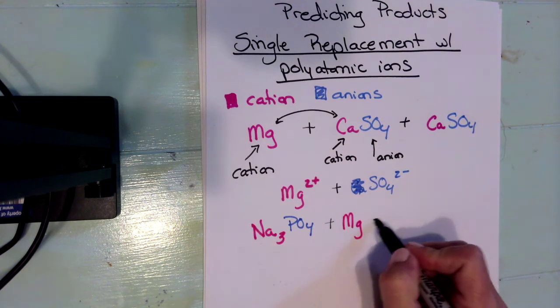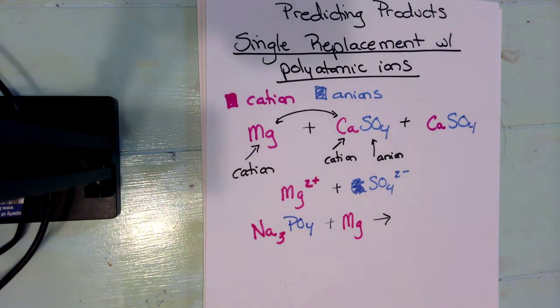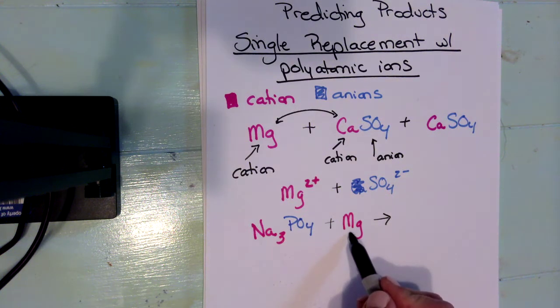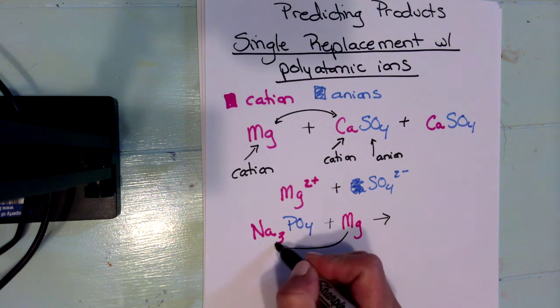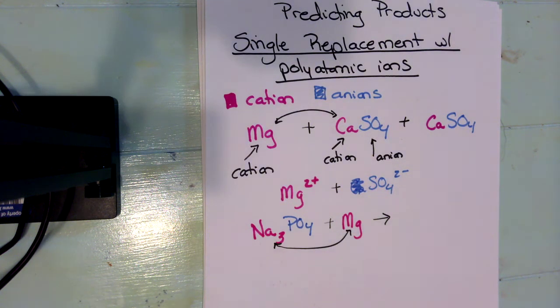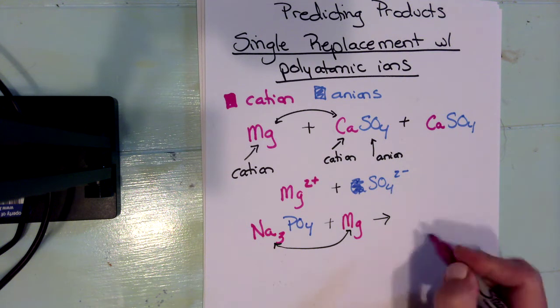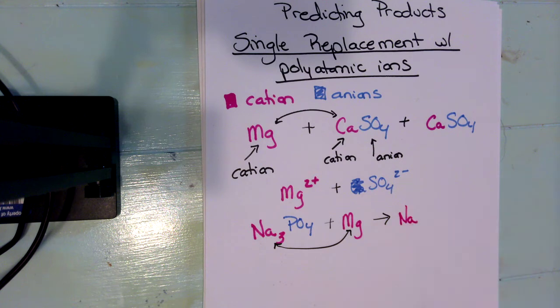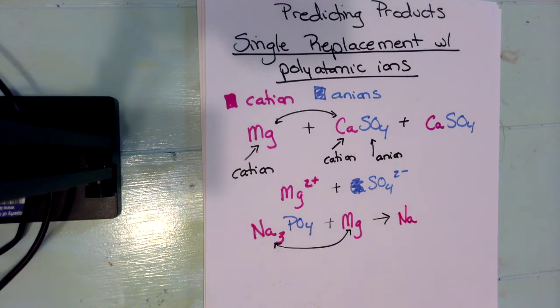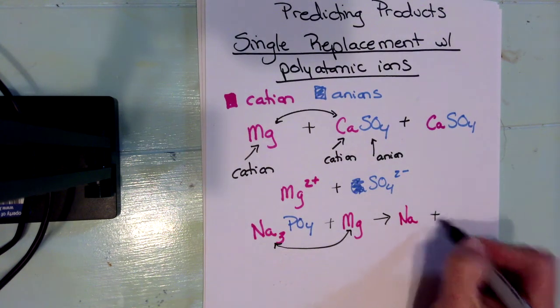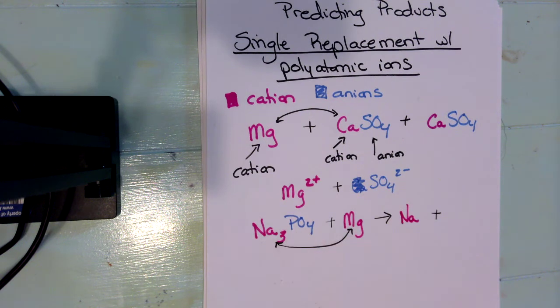Then we need to find out what product would be coming out here. Again, we're going to look at what's by itself. Magnesium is a cation, and it can only replace another cation. So we're going to have magnesium swapping with sodium. So sodium will become displaced by itself, and then what we'll have is magnesium and phosphate